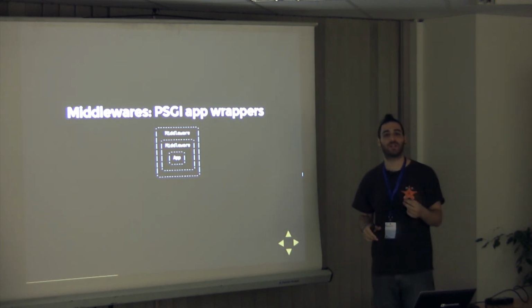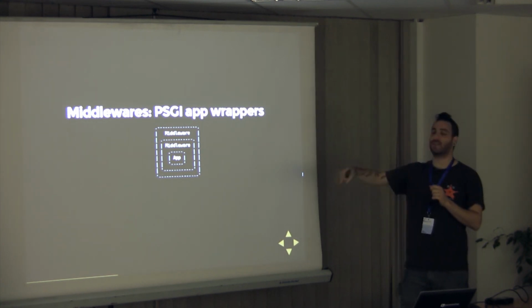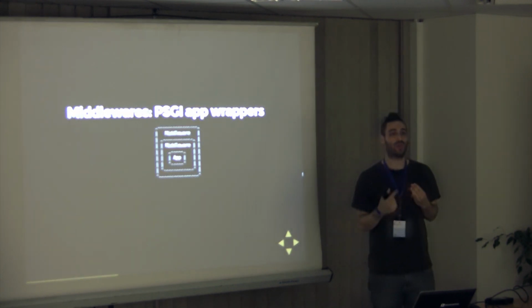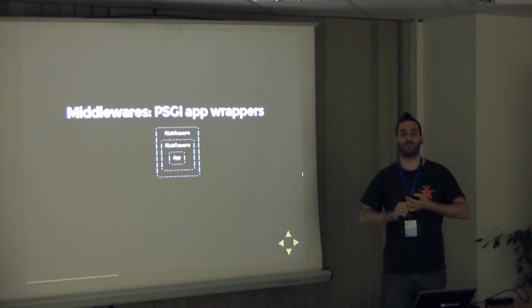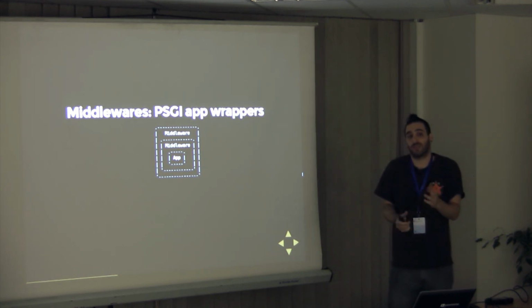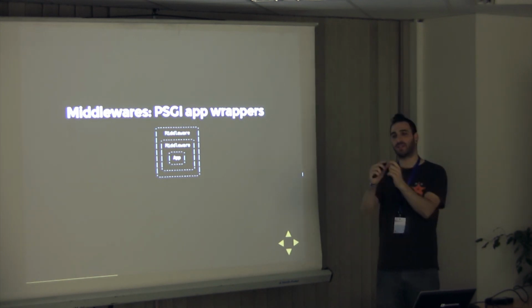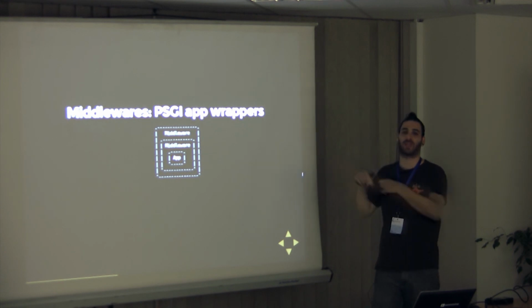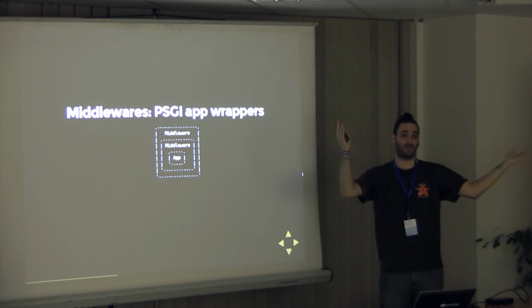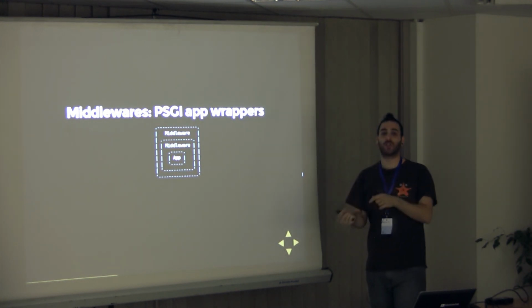The second thing I can do is change the course of action. So I can decide that I'm not going to send it onwards. I'll give you an example. I can decide that you came into a resource that is not authorized. So I'm basically sending your response back, no. And it doesn't reach the app. Your application doesn't care. I just provided authorization outside of the application. And because it's a nice thin layer, I can add it on multiple applications in a lot of places. And people started releasing general middlewares that you can add to your application if you want. The third thing a middleware can do is change what's going out.